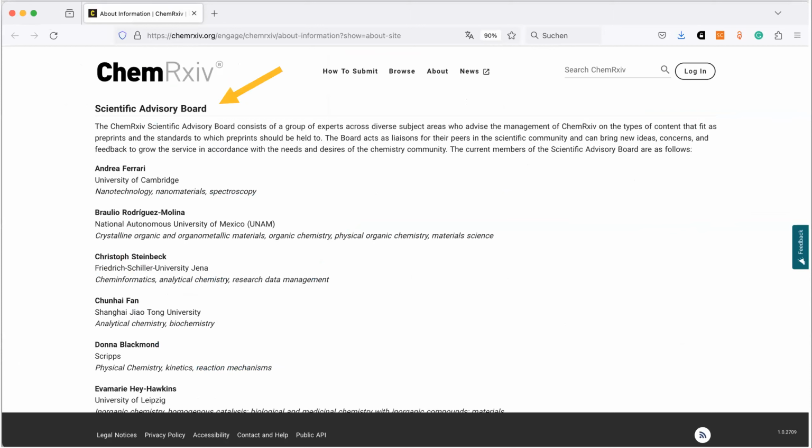And now a bit about how ChemRxiv is managed. So it's maintained by the American Chemical Society. You submit your article, there's a certain quality control to avoid that weird or strange papers are getting uploaded. If there is some doubt if it's a paper which should be rejected or not, the scientific advisory board is also getting asked in this case, but the scientific advisory board is also there to improve ChemRxiv for the needs of the scientists. And I'm also part of this scientific advisory board, so I can give you some insights what's coming.